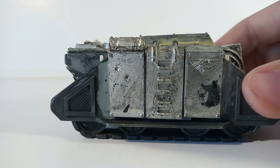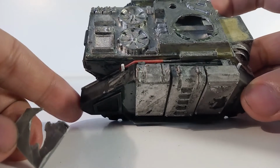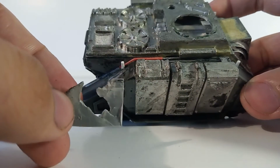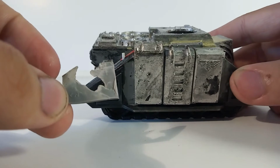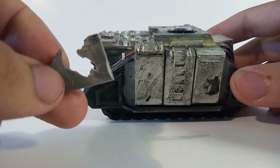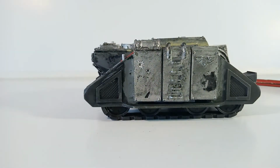A part of the back plate of this side panel needed replacing. I've used some red plasticard there of the same width as the plastic, because that part was just welded to the main hull with poly cement, and I couldn't take it apart properly while I was disassembling it